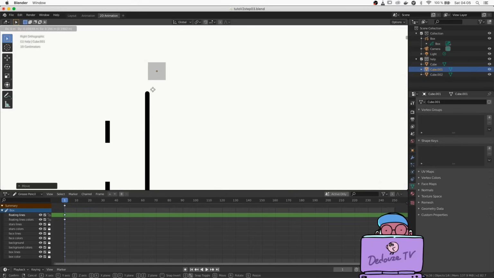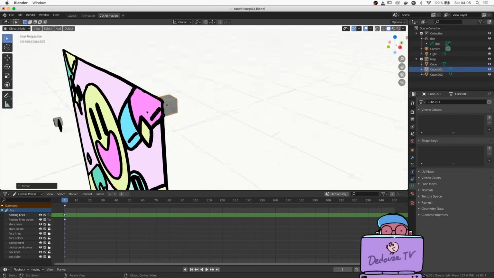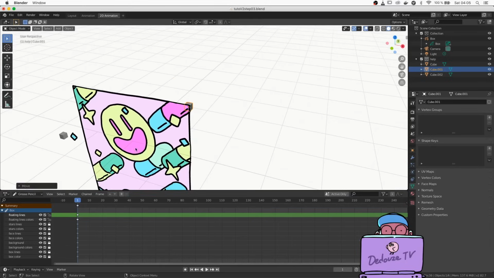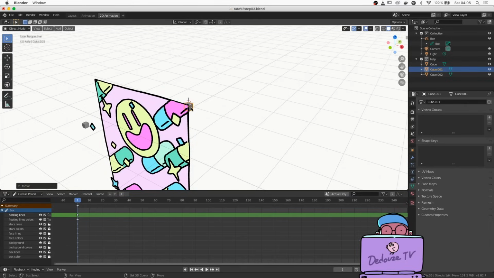If you press G and then Z, you can constrain the grab tool to the Z axis. This works on all the 3D transform tools and works with the keys X, Y and Z. Check the perspective now, the cube should be behind the top right corner of a drawing. If we press Shift right click on the side or the top of the box, we place the 3D cursor either on the side or the top of the juice box.